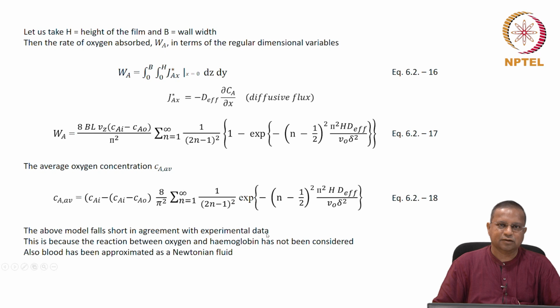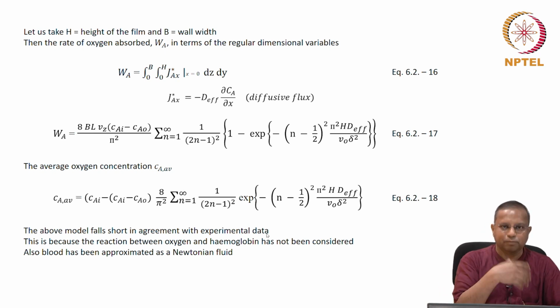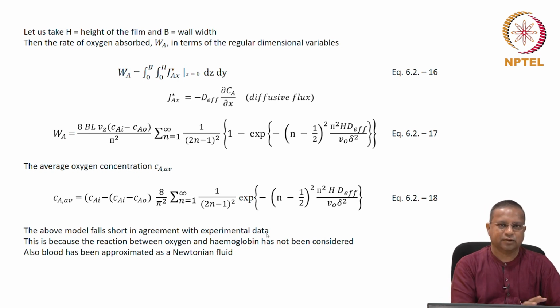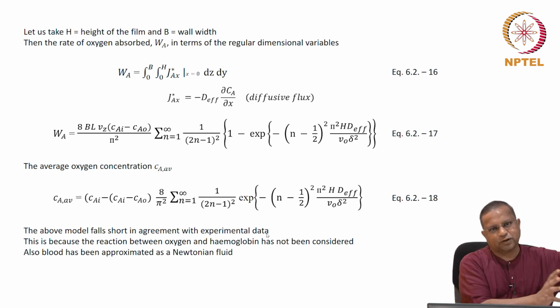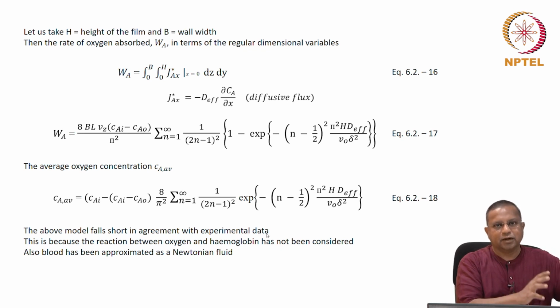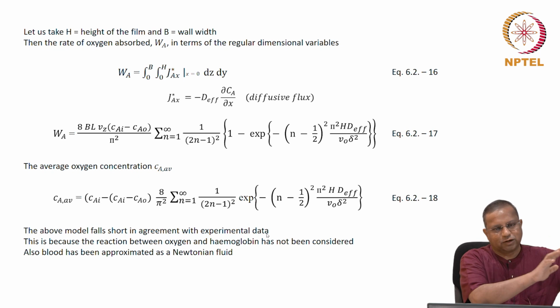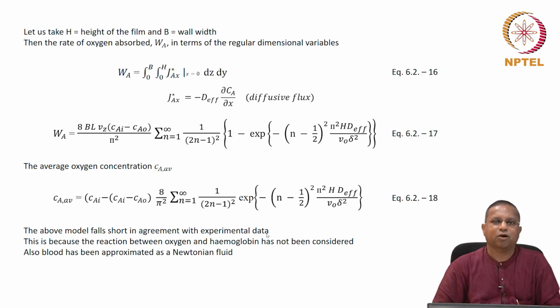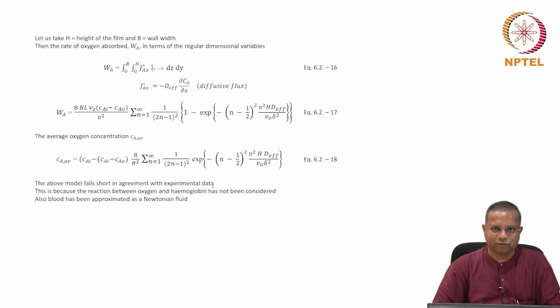So what is normally done is, if you need to take this route, then you go back, improve your model, then compare it with experimental data, see whether it captures the experimental data well. And of course, the implicit assumption is that an experienced person has done the experiments. There's a whole lot of things to do on the experimental side to ensure that the data that has been obtained is indeed reliable. That's a totally different aspect of it. So this essentially happens in any mathematical model development process.